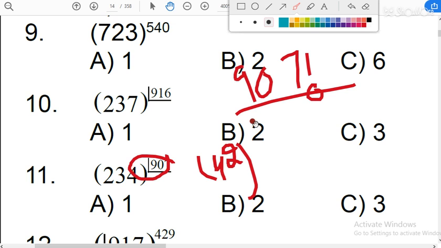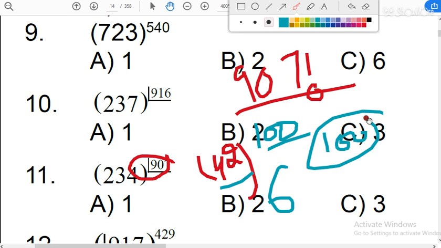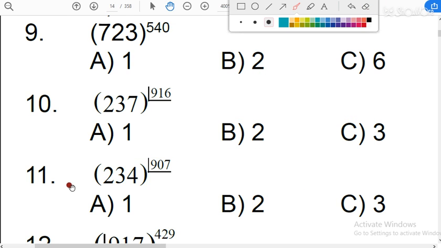So if it is even, suppose it is 200, which is an even value, 100 into 2. In the simple way you can say 4 raised to the power 2 has some power here, and 4 raised to the power 2 is giving me 6. So 6 raised to the power of anything, like I am saying 100, is giving me 6. So students, for question number 11, I think 6 will be the right answer.